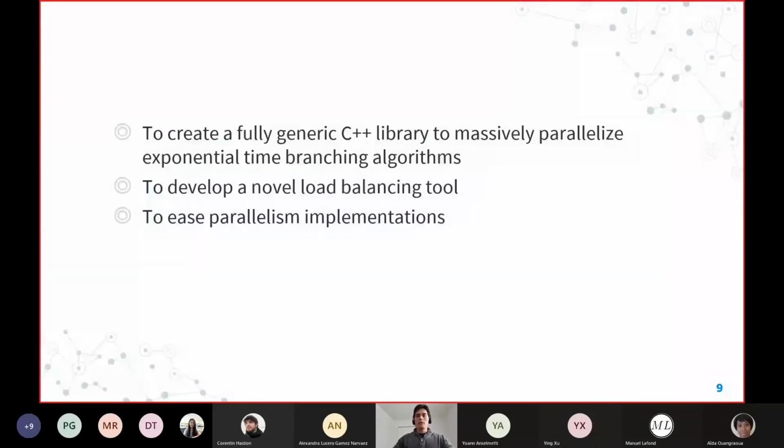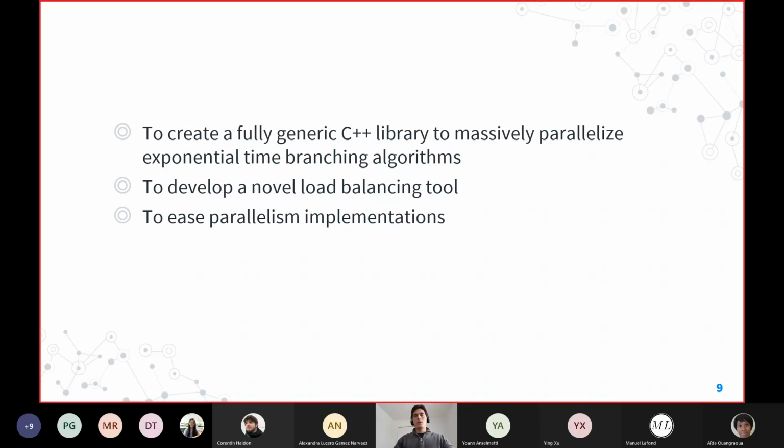The objective of our project in this case is to create a fully generic library in C++ to massively parallelize any sequential branching algorithm. And in order to contribute more than just this library, I will present a novel load balancing strategy.